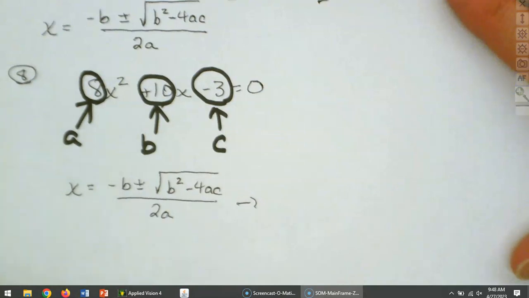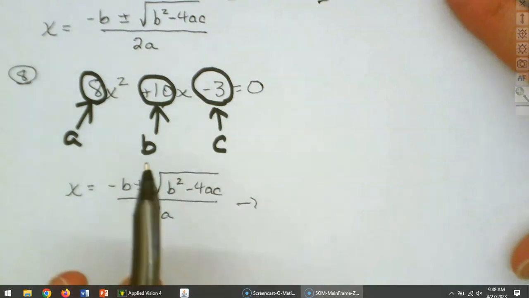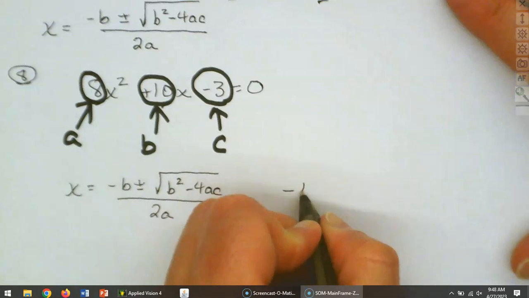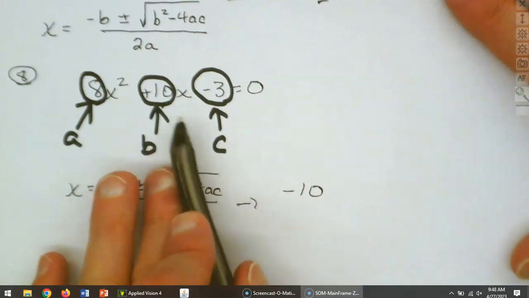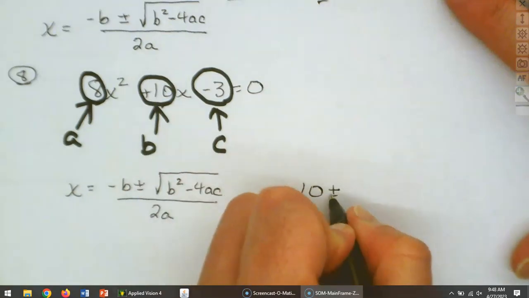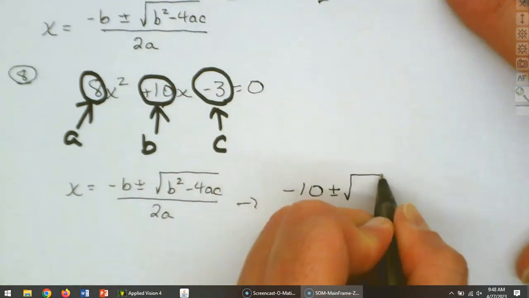Now, watch for things like double negatives. So our b was that 10, so we switch our sign. So that's going to be a negative 10, right? That goes there. Then we have our plus or minus the square root